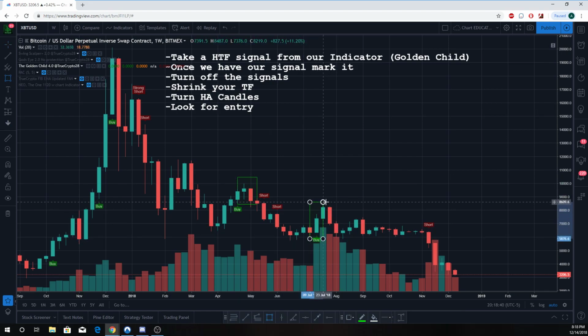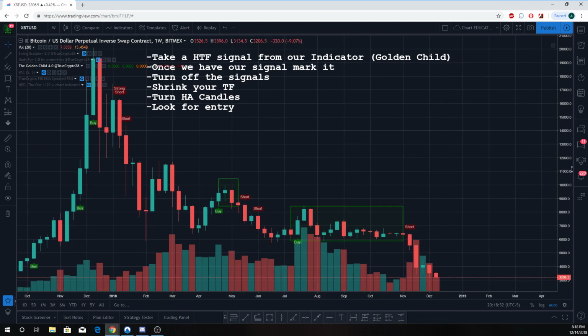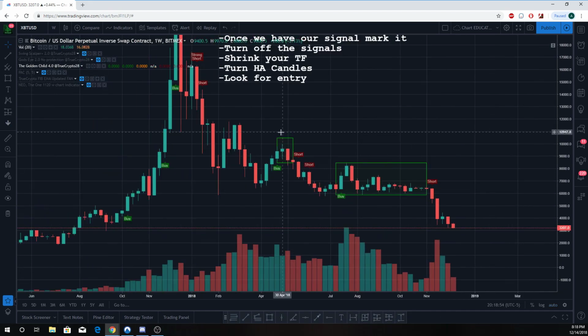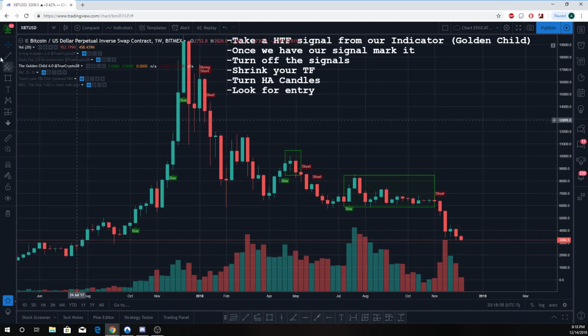So what I'm doing right now is highlighting the areas in which you are in a buy, because the reality is we're in a buy until we're in a short. That's how the system works. You remain in a buy. So green box is buy. You see these high time frames on a weekly scale? The entire time from here to here was a short. And these